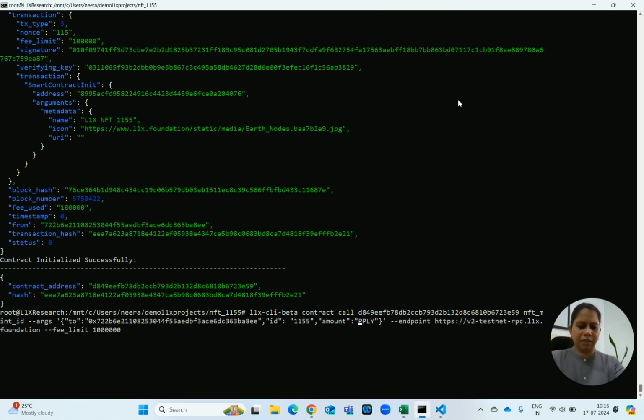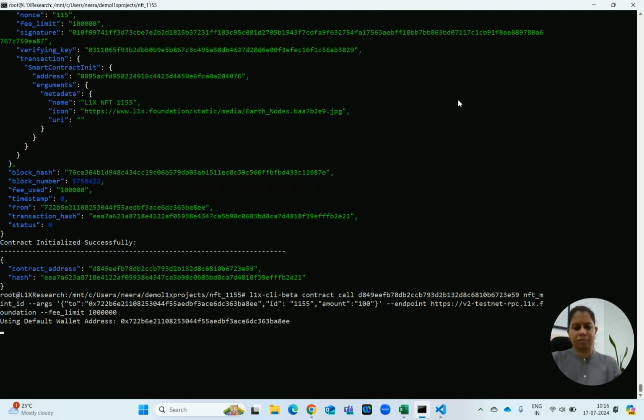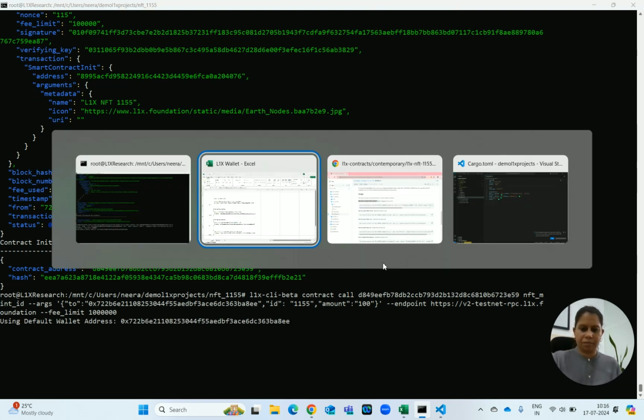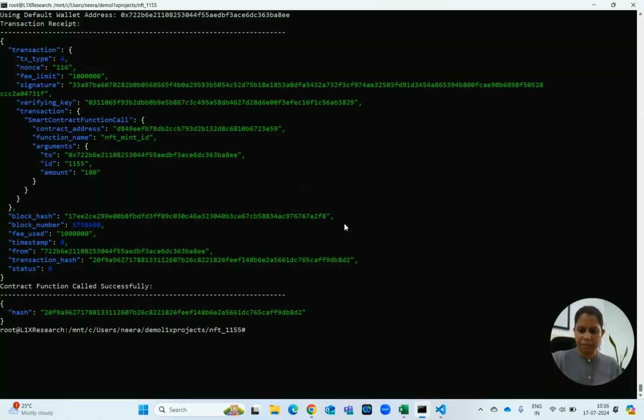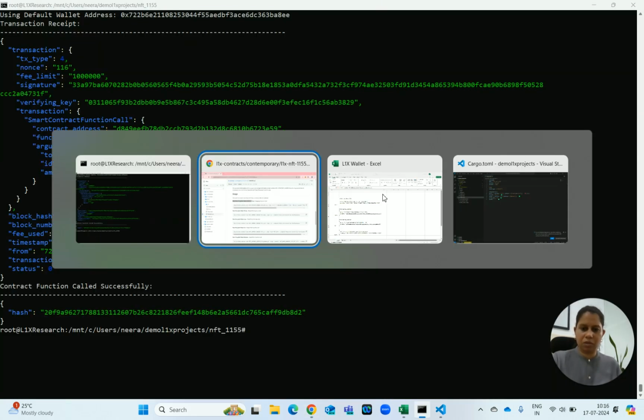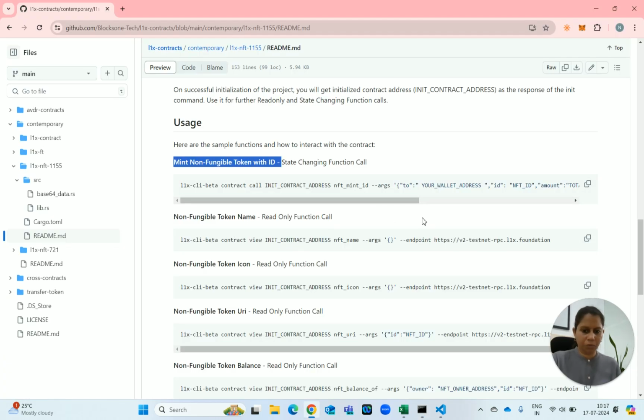Say I want a limited supply, so I'm just putting my amount to be 100, and this is how I'm minting the NFT with these details. Once this NFT is minted, yes, this NFT has got minted,